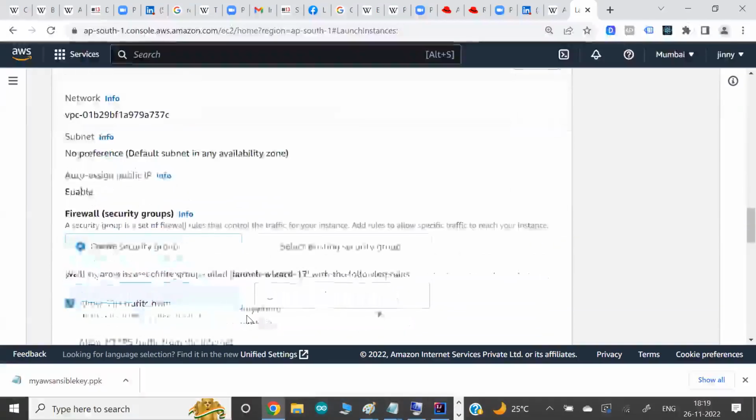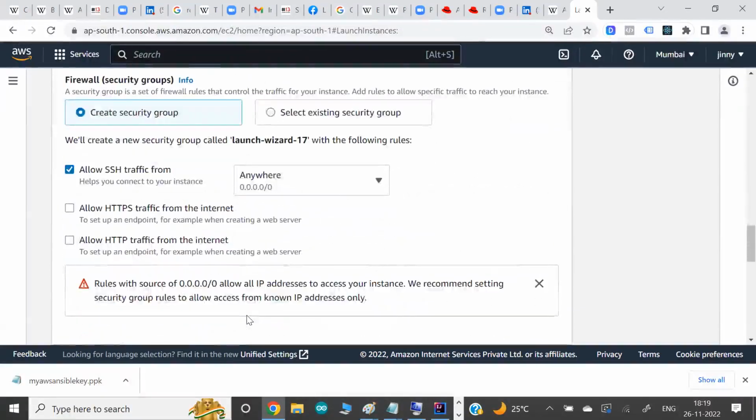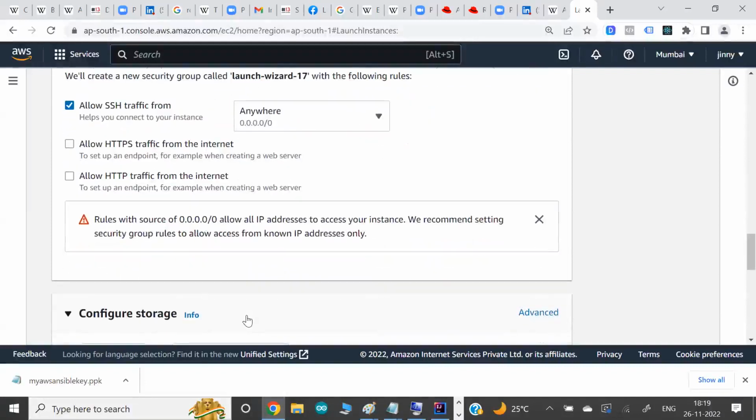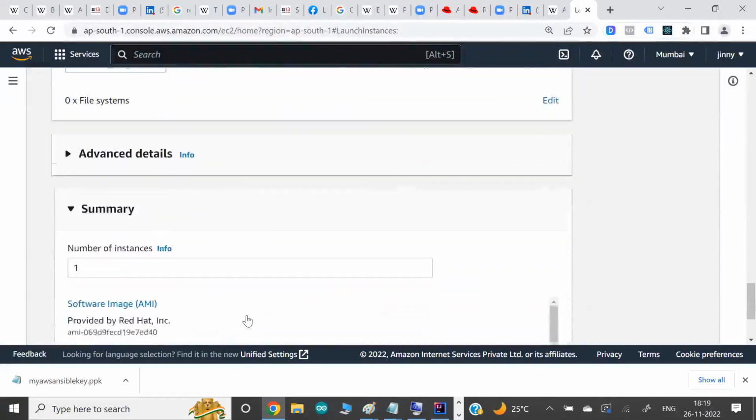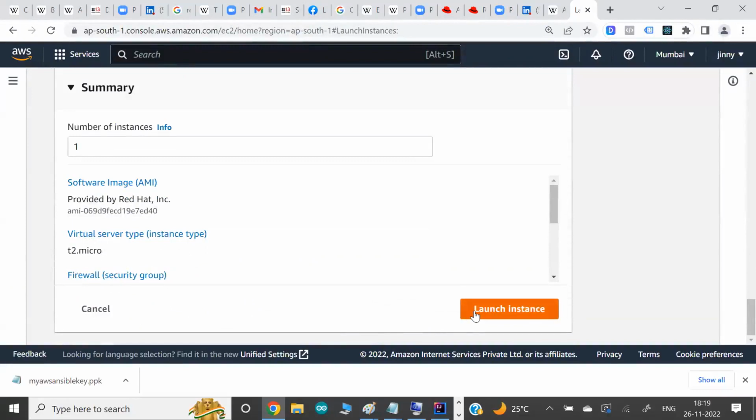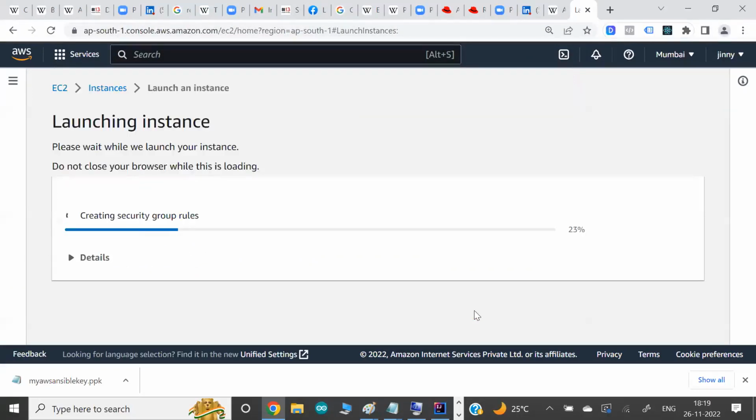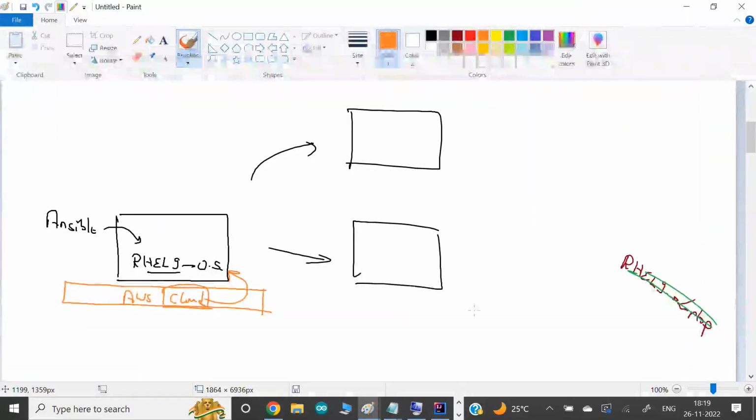Now, one last thing, that's all, nothing else. Everything is set by default, and let me launch it. So finally, whatever way you know, guys, and whichever platform you know to launch Red Hat, you launch it. In my case, I launched Red Hat on top of the AWS cloud. Or you can launch it on your laptop also, that will be your choice. From here, our practical will start.